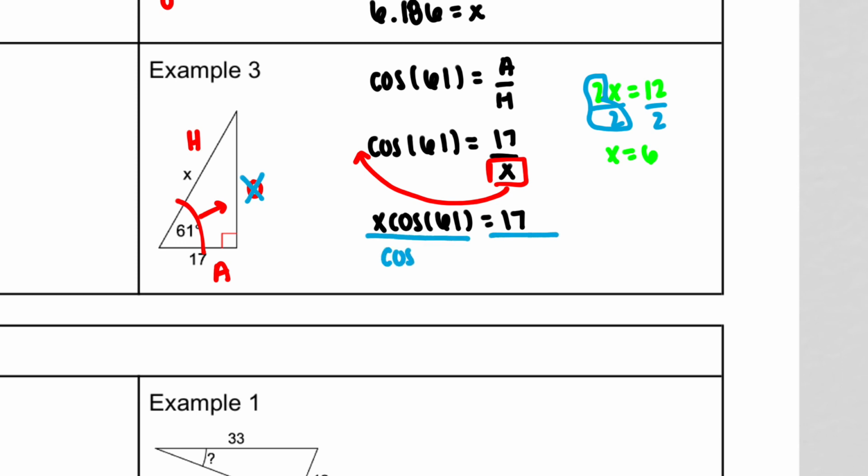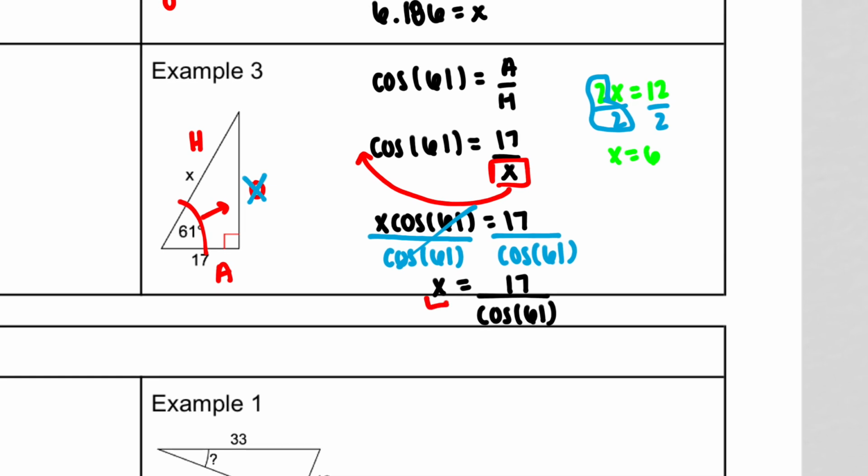So I'm dividing both sides by cosine of 61. What that does here is it cancels out, and I'm just left with X equals 17 divided by cosine of 61. My X is by itself, so in your calculator, you're going to plug in 17 divided by cosine of 61. And you should get